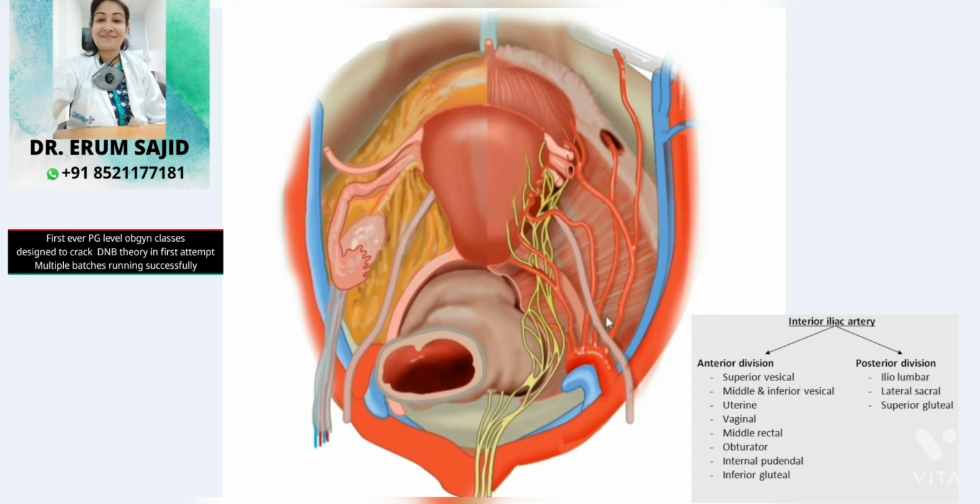So now, how applied anatomy is important, that you will see through this area. Just focus on this area. You have the external iliac artery and external iliac vein going over here, and here is somewhere your infundibulopelvic ligament. Can you also see the ureter going in close proximity to the internal iliac artery branch over here? It says that when this tube is resting, it rests on the ureter.